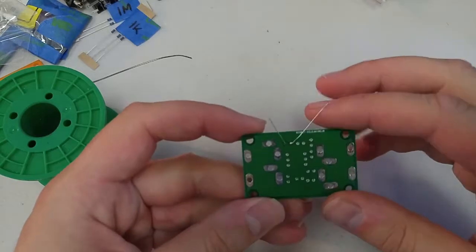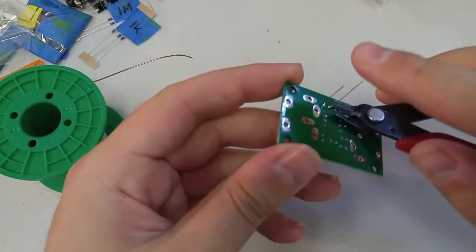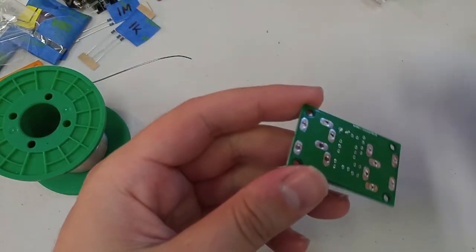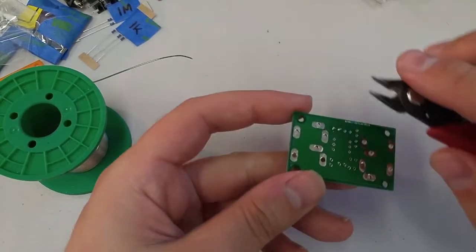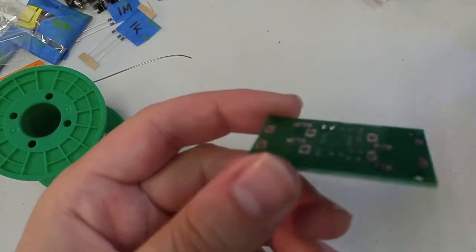You'll see me do that a bunch of times, so don't worry if you didn't understand it right away. You'll get the hang of it. Solder's just, you gotta practice. It's like riding a bike, you gotta practice. So what I just did there, used my snippy snip tool to remove those legs, get it nice and close,